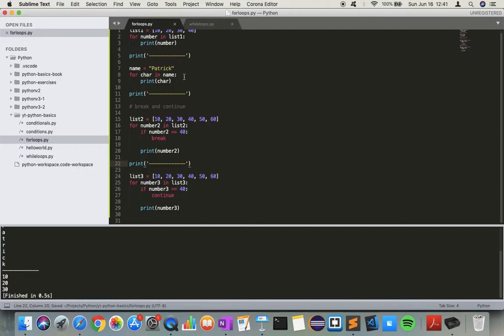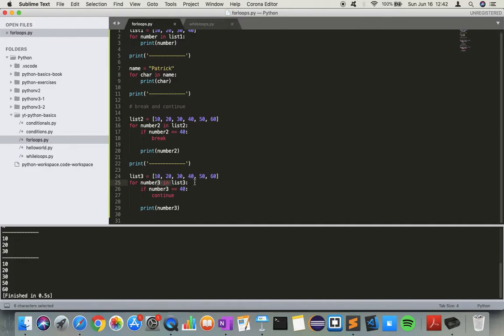Let's execute it. And in this example, we got 10, 20, 30, 40 is not displayed, but 50 and 60 are. So when we hit 40, when we hit continue, it basically goes to the start of the loop again. Continue basically means go to the start of the loop. So when it's 40, we execute continue, so we never get to this print for 40. So for 40, we're not displaying it. Go back here,